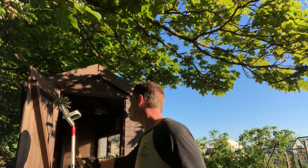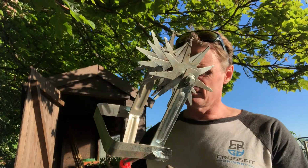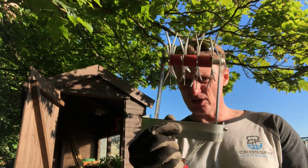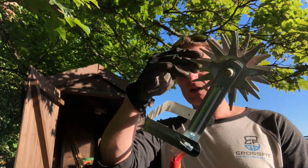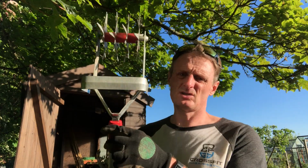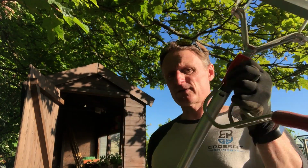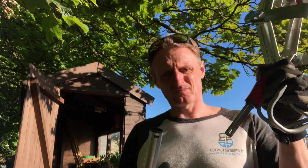This is the soil tiller. I'm going to call it that, I think. It's like a hoe with a wheel on it. This breaks the soil up, and depending on the pitch or angle of it, it lifts the soil. So that's fabulous. And because I've got this haft, you press this button and that comes out,